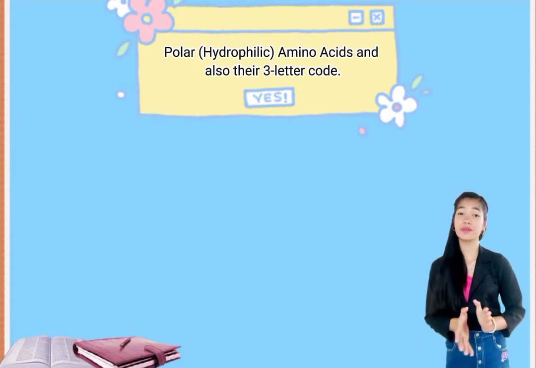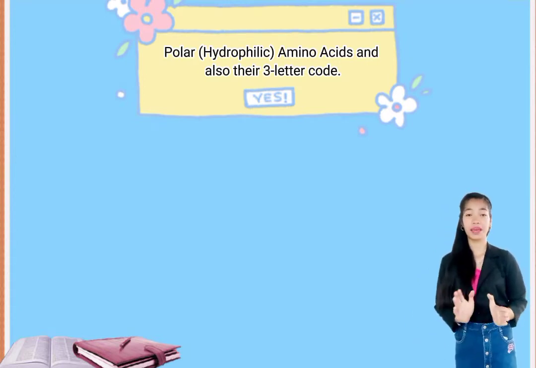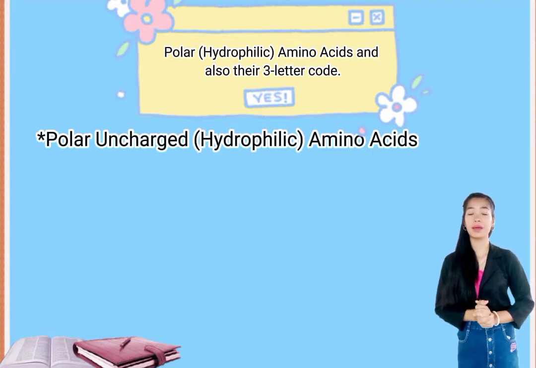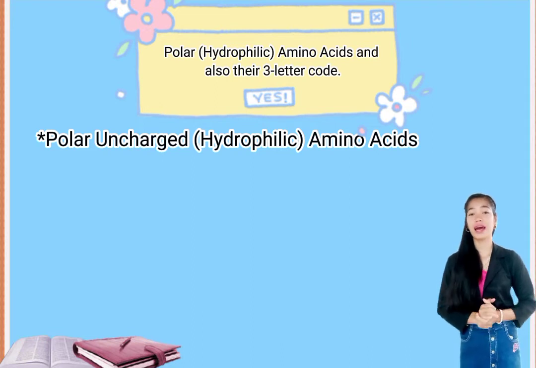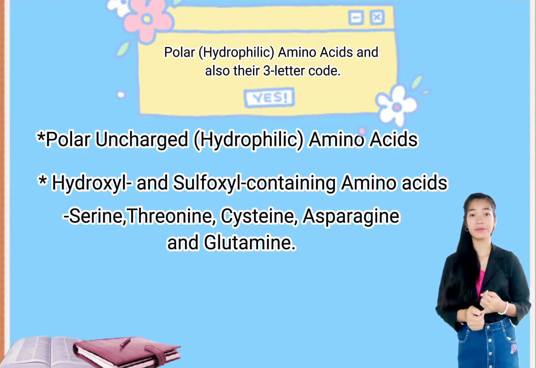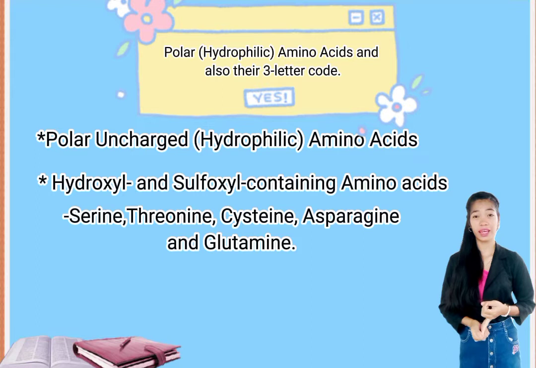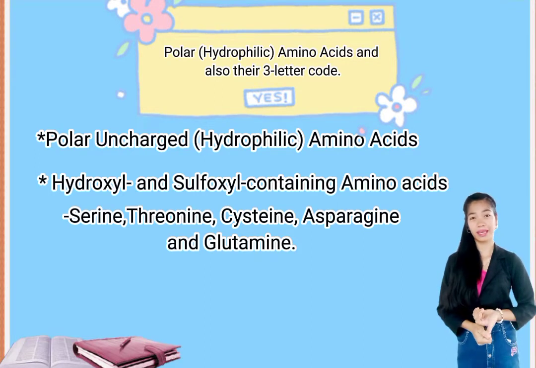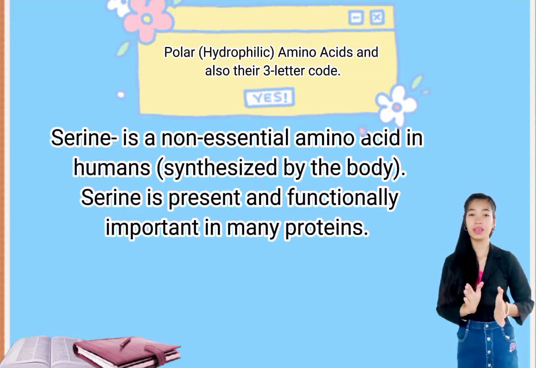And now let's proceed to the polar amino acids and also their 3-letter code. So let's start from the polar and charged or hydrophilic amino acids. Next is the hydroxyl and sulfoxyl containing amino acids. It includes serine, threonine, cysteine, asparagine, and glutamine. So first we will